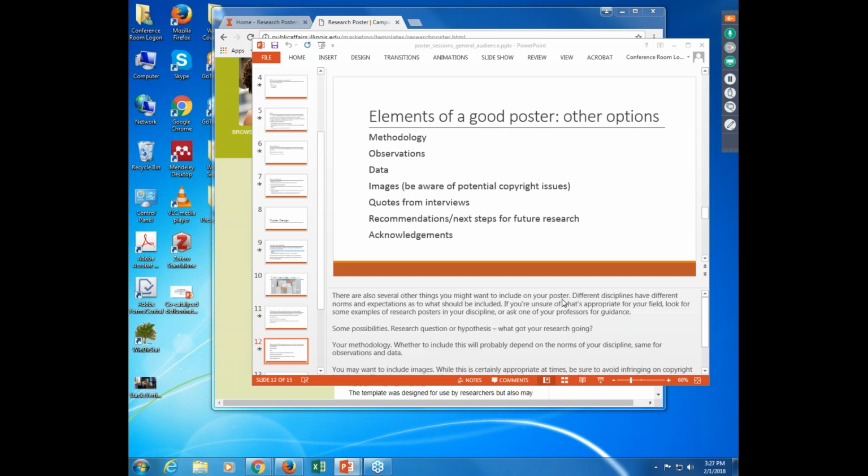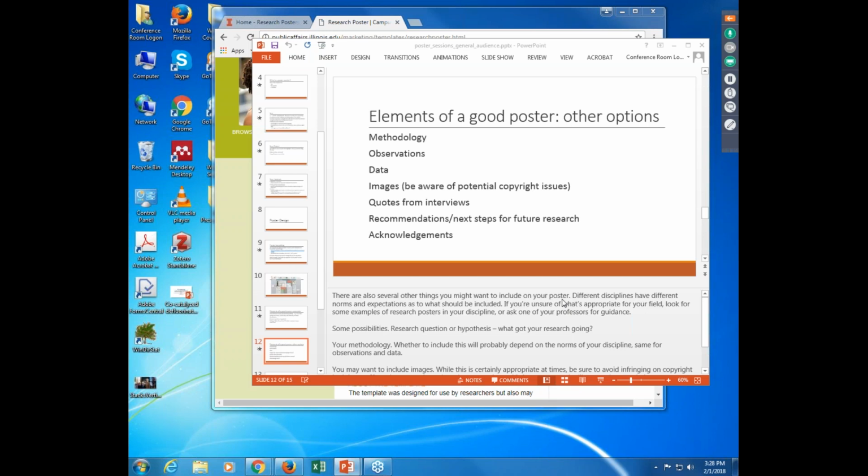Then we have what I call other options, and these are fairly standard things you'll see in scientific presentations. So you might want to have information about your methodology. In some contexts, people could be very interested in learning more about your methods if you're using a new technique or a controversial technique, or just a method that people might not be familiar with or that wouldn't be obvious.